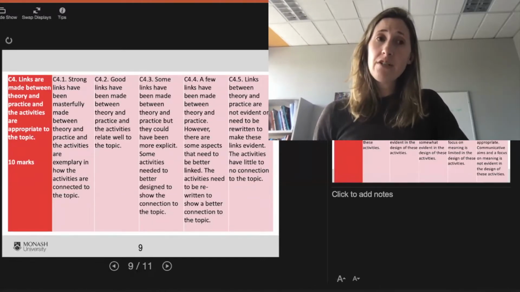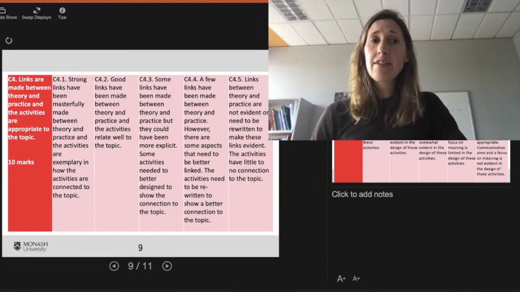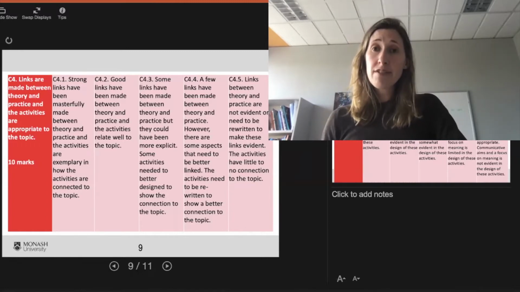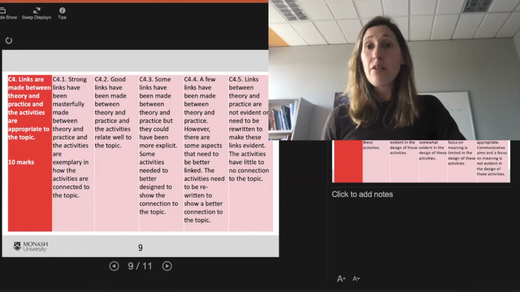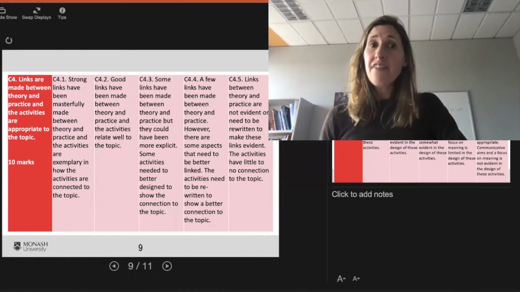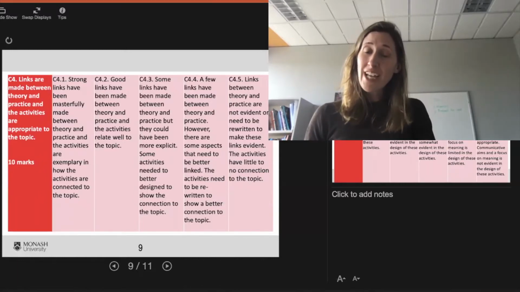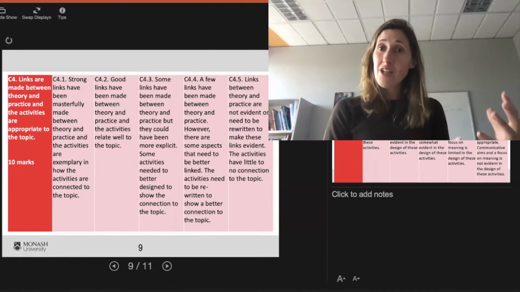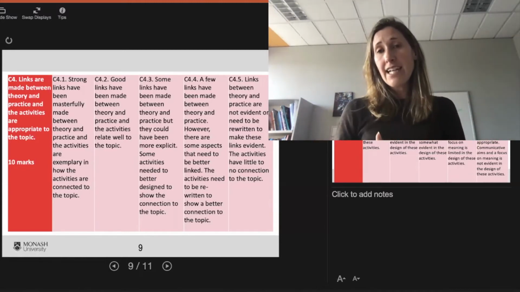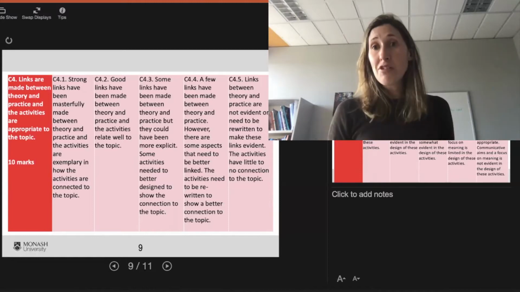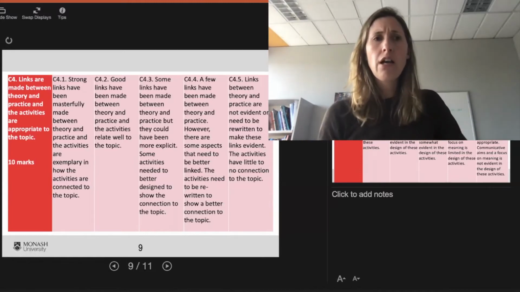Then there's the practical section, where you're making links between the theory and the practice, and the activities are appropriate for the topic. So if you've talked about speaking and the importance of developing speaking, and you're mostly doing activities where the teacher tells students how to speak and doesn't actually give them opportunities to speak, then that might not be a strong link between theory and practice. You need practical activities that relate to the arguments you made in your topic. If the activities focus primarily on grammar, when you've talked about how, to develop speaking, you really need to provide opportunities for fluency, then that's not a strong link.